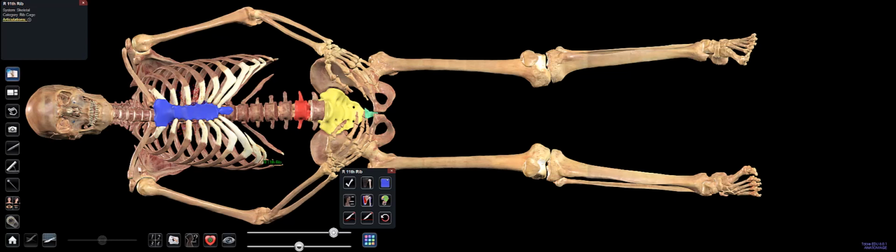Okay, so there's the ribs and the sternum, or the thoracic cage. This bone right here is the clavicle, sometimes known as your collarbone. Okay, and there's no special parts to the clavicle. It's kind of shaped like an S if you look down on it, and obviously you have a clavicle on each side. The clavicle is up here kind of at the sternum at one end, and it's not attached, but it touches